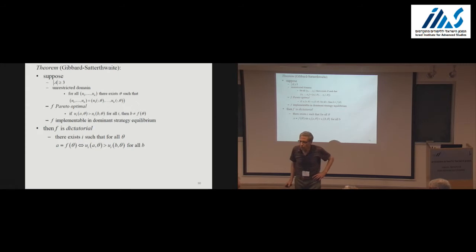Well, we're going to come to a reasonably general setting in the afternoon, the setting of quasi-linear preferences, which have been intensely studied. But at this level of generality, the answer is